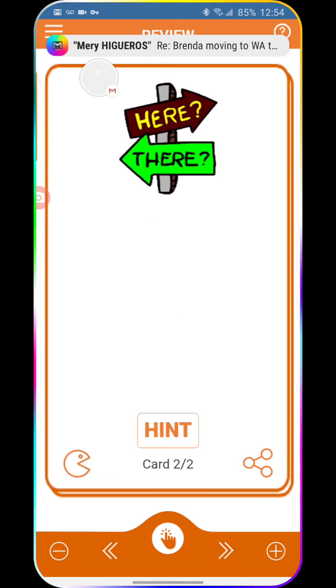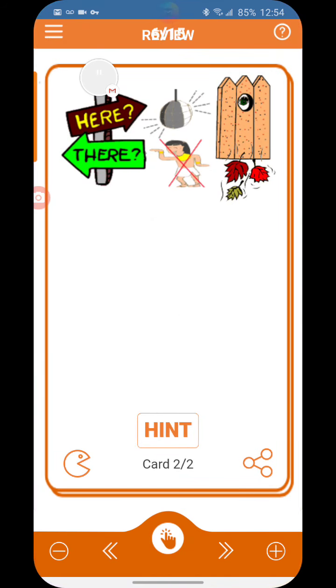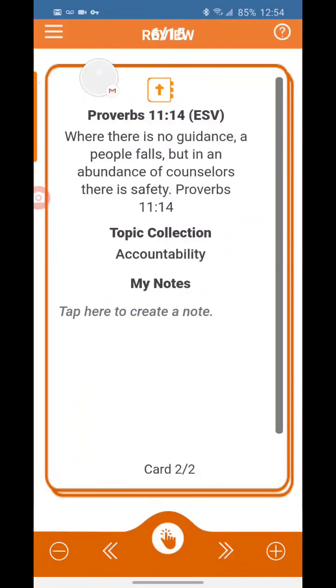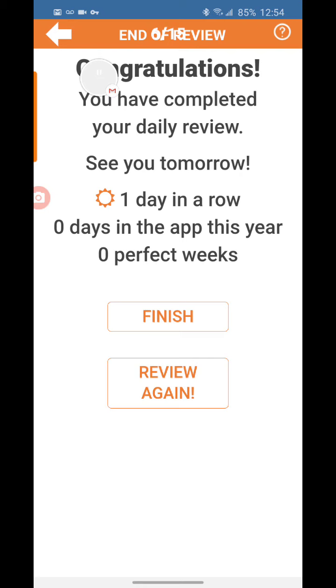Okay. Now we'll go to the next card, do our hints. And this is going to be from accountability. So you got one from the books of the Bible and one from the topics. Topic, which was accountability, and I'm going to press the finger at the bottom to flip to the back side. Go here, and it's going to say you've completed. You've done 1 day in a row, and then you're going to get a record of how you're doing. Press finish,